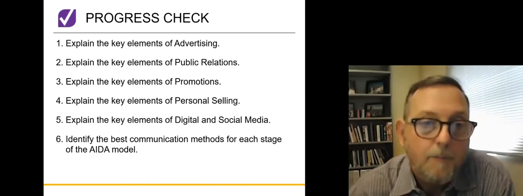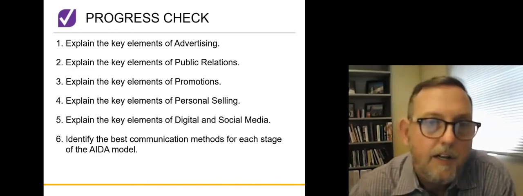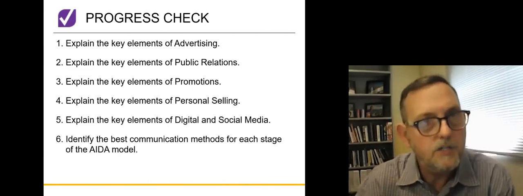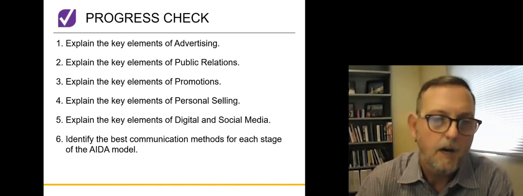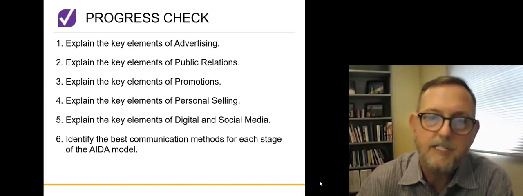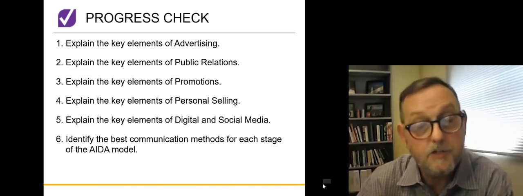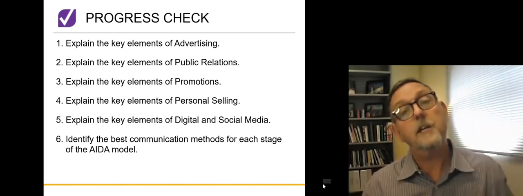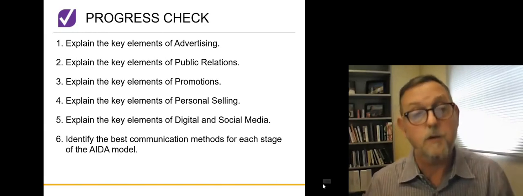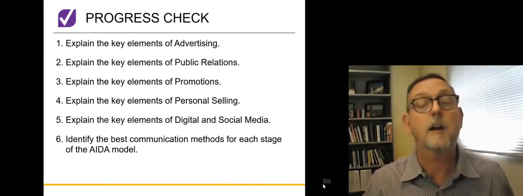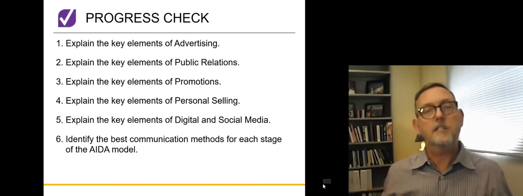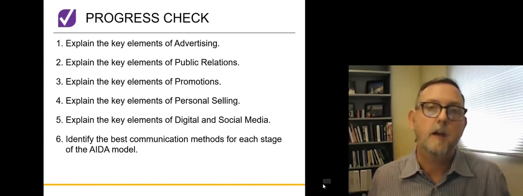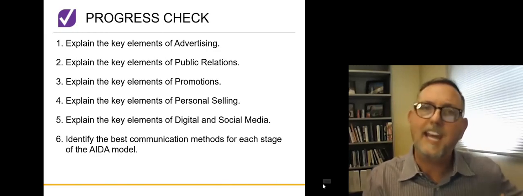Okay, so to wrap this up, let's see where we are here. Explain the key elements of each of these pieces. So advertising, PR, promotion, personal selling, we had direct marketing in there too, and then digital and social media. So just understand what each one of these are. Kind of describe each one of them. Be able to write a little paragraph about what each one of these promotional mix things are. Also consider which ones work better during different stages of that hierarchical model, AIDA,